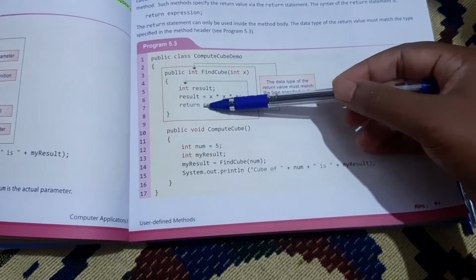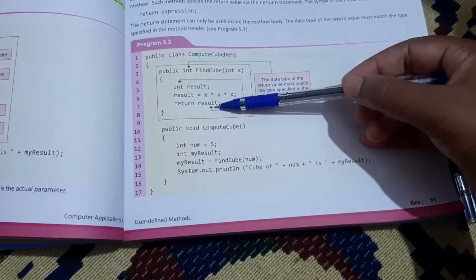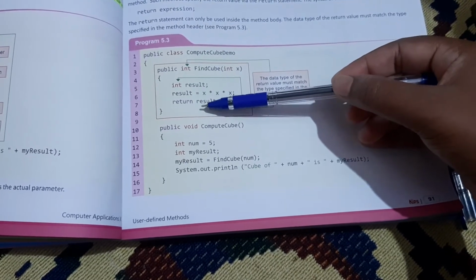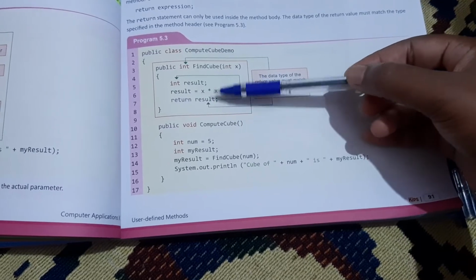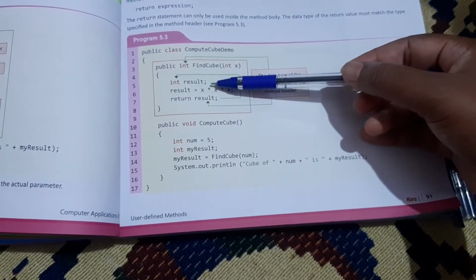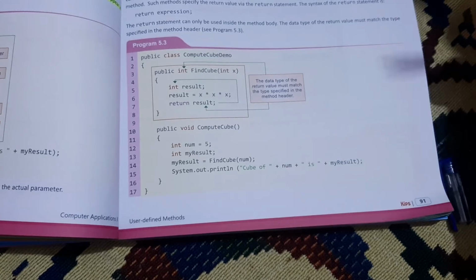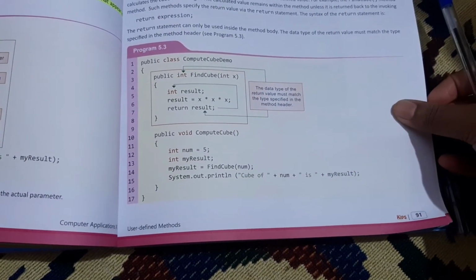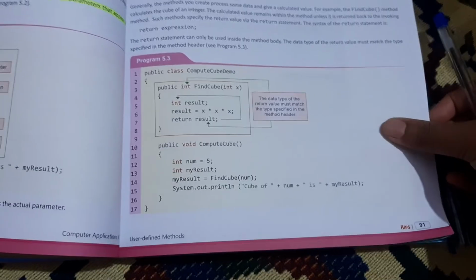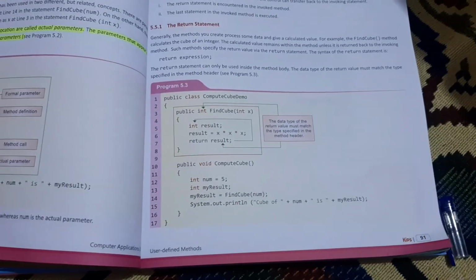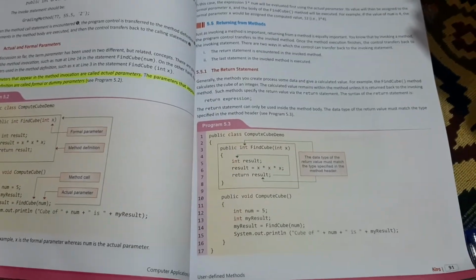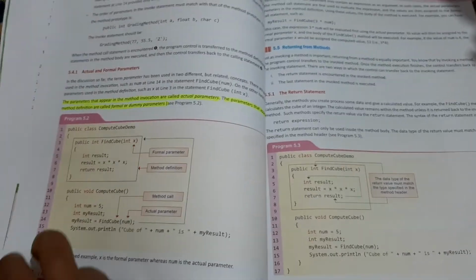When we use the return statement, it is returning the variable's value. Result is a variable, so the value we give to the result will be returned. That is the function of the word return. Many times it is asked, what is a return function? You can just say that return is a keyword that is used to return the value to the variable. Please write down that definition I have just told you. You can go through the return method, actual and formal parameters, and what a parameter is.